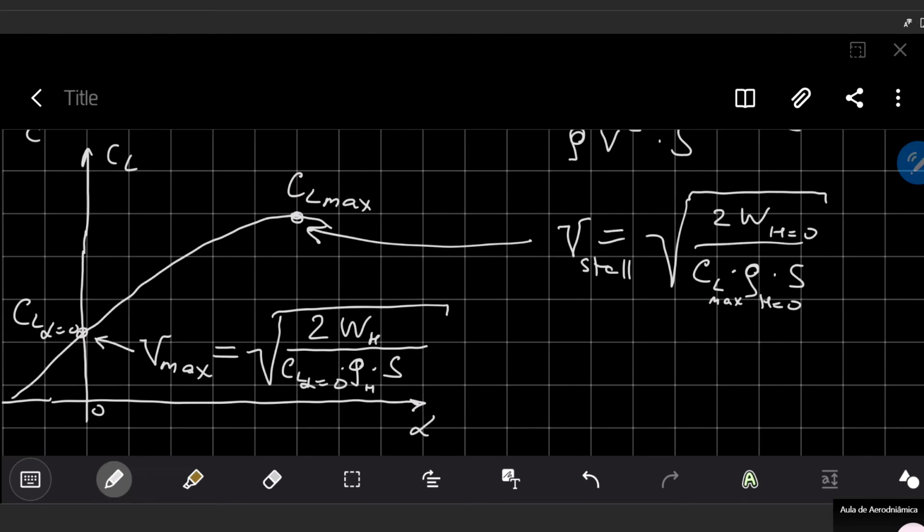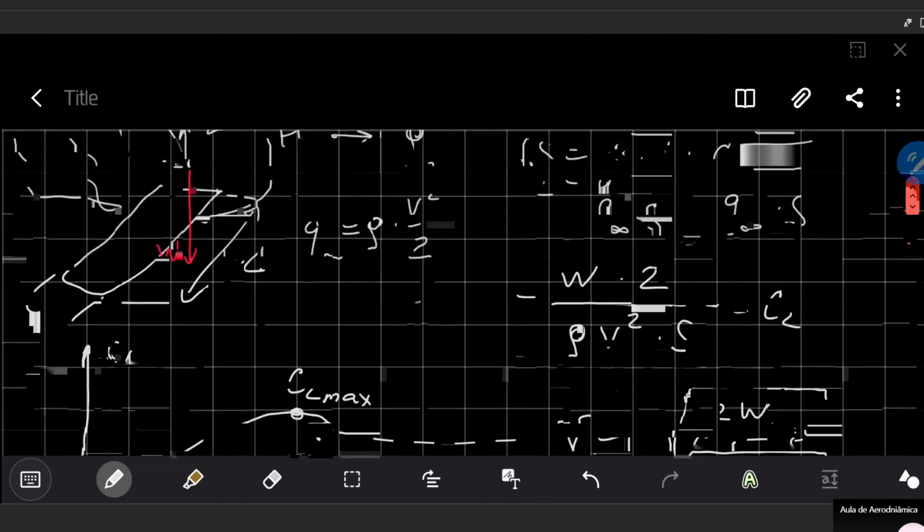I'm just asking you to consider that we have this ideal case without losses on induced parameters, and calculate in this simple way as shown in chapter 1 of the Anderson book. So our guideline is the first chapter of the Anderson book, which is basically all you need to know to calculate work 1 in the part of the stall or maximum velocity,